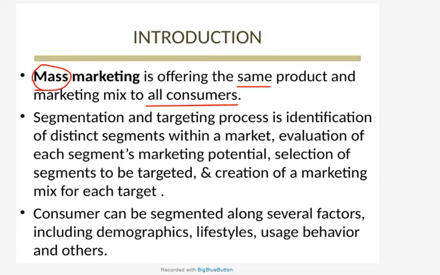Sometimes this targeting strategy seems efficient when there are not many differences between targeted people or segmented markets, like when Coca-Cola provides the same beverage for all people all over the world. This is mass marketing. Sometimes it is called undifferentiated. Do you know why it is called undifferentiated? Undifferentiated means it is the same. It is the same for all people, for all targeted people. Okay? And sometimes it is called mass marketing. This is the same strategy, providing the same product to all customers.